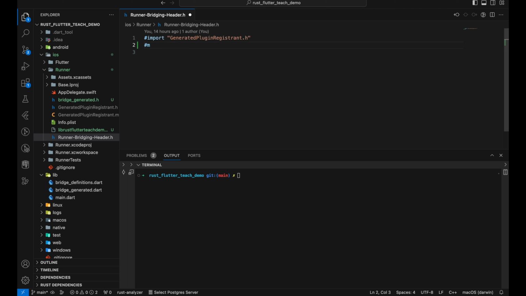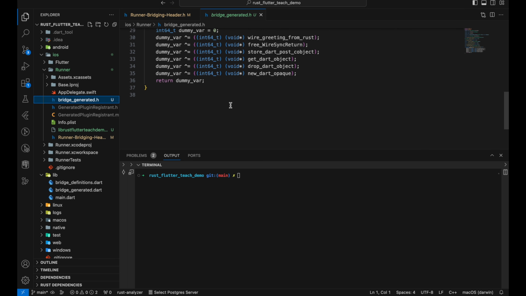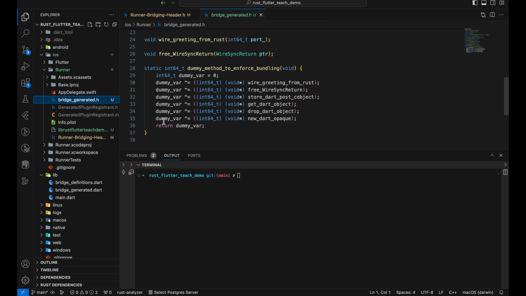Import, and then the name of the header file, it is bridge_generated.h file. Okay, cool. So after importing, we are now able to call all the functions inside the header file. The function we are going to use right now is dummy method to enforce bundling.